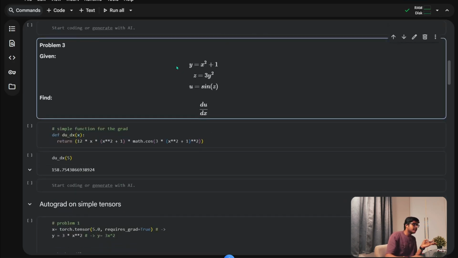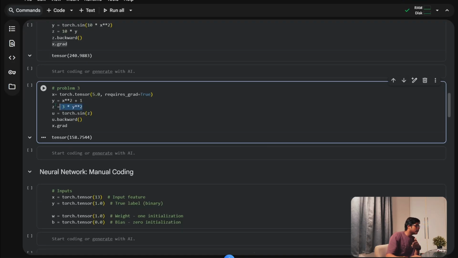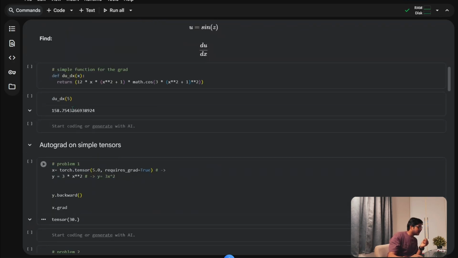And lastly, the same problem you solve in a similar manner. You first create your x and then you write these equations x, y, z and u, and lastly you do u.backward() so that it traverses the computation graph backwards and computes the gradients automatically. And finally you write x.grad so that you can see what is the gradient. And as you can see, we got the value of 158.75, which is again the same as this